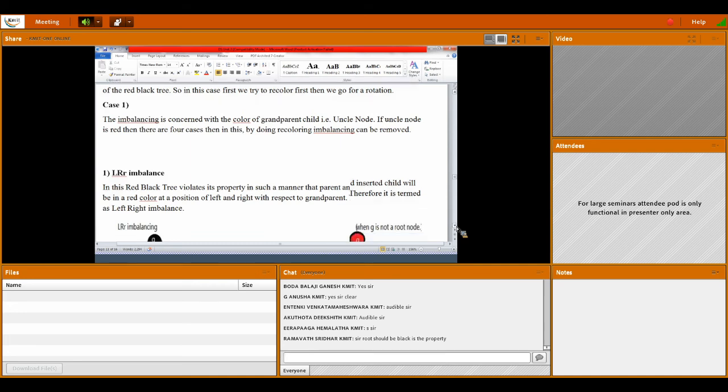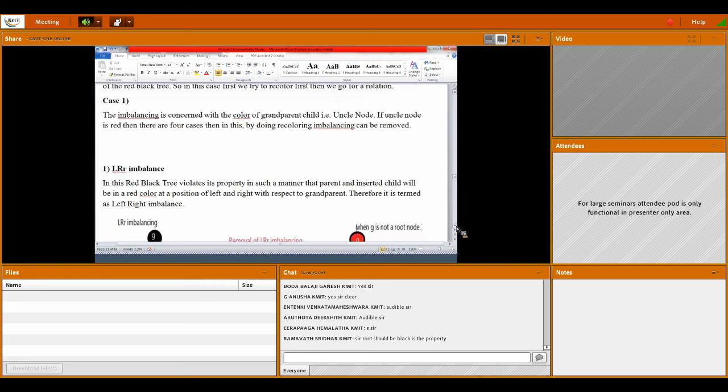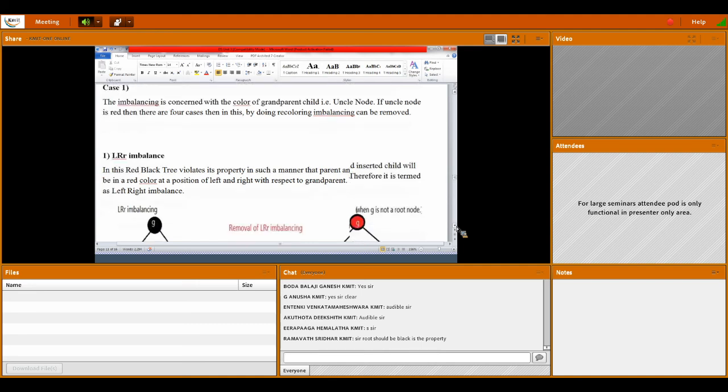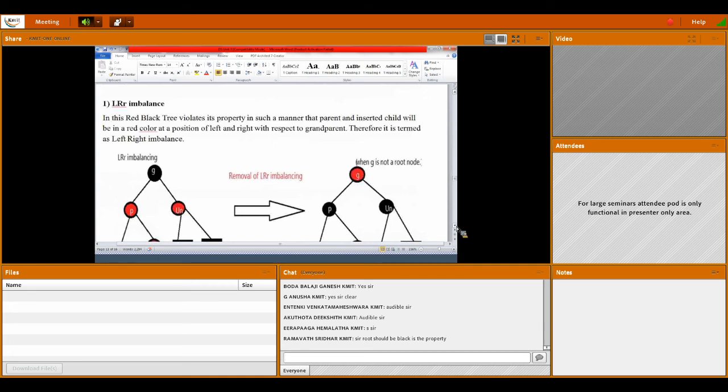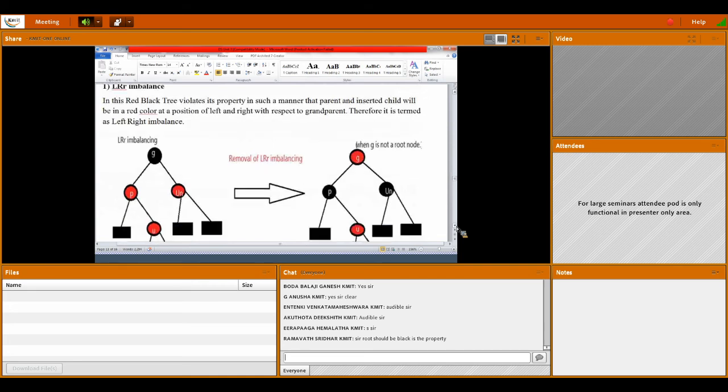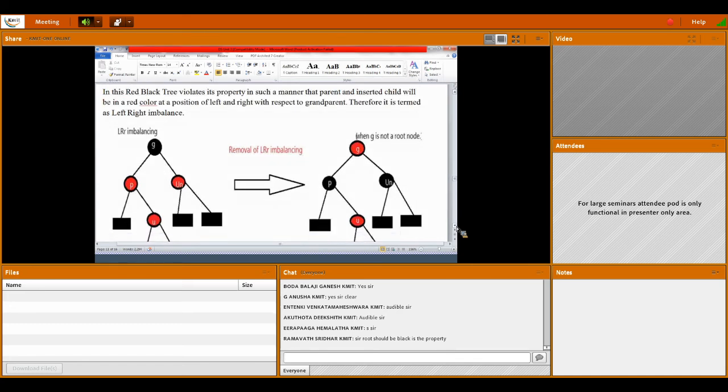So after insertion, we have to see whether the sibling of the parent is red or not. If the sibling of the parent is red, definitely you have to follow based on the position of the new node. Just if you see here, G is the grandparent node and P is the parent node and the uncle node is the sibling of the parent, and you insert a new node U to the right of the parent node.